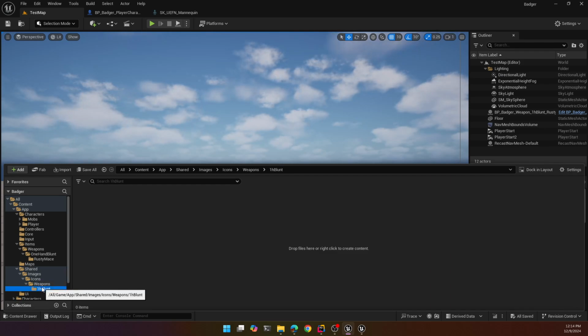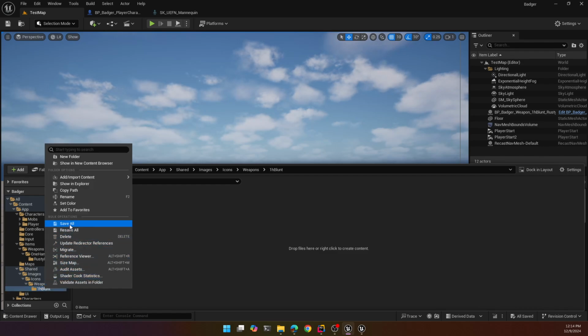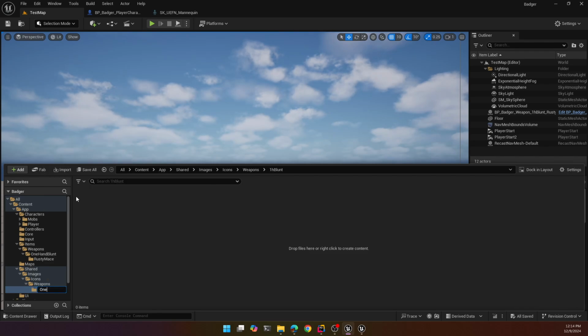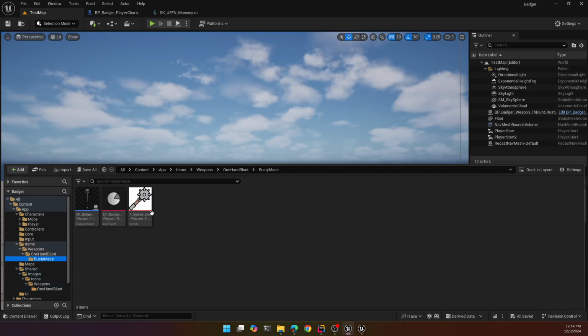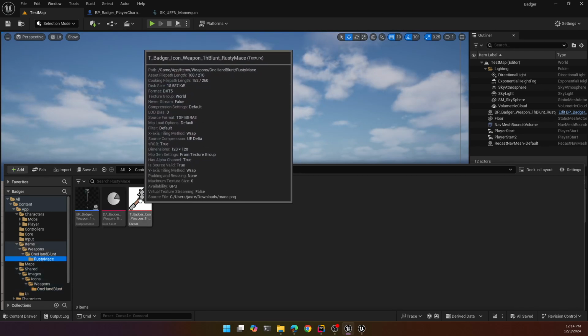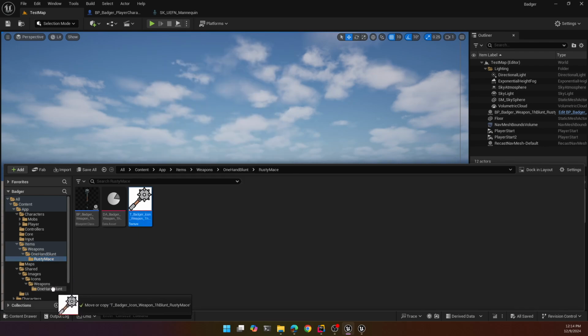Actually, I'll name it like I did the other one, so I'm consistent. One hand blunt, and I'm gonna copy this image right there, move it,